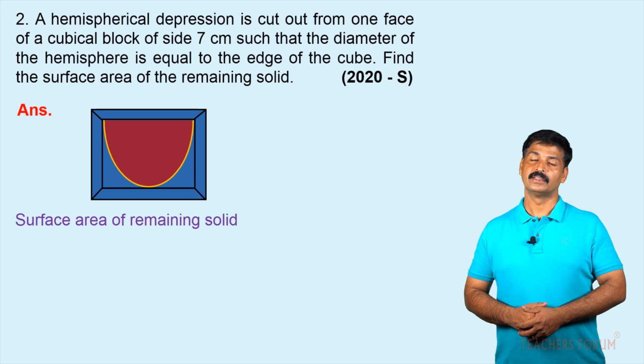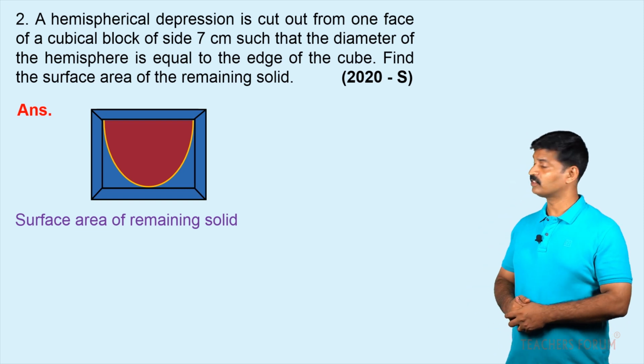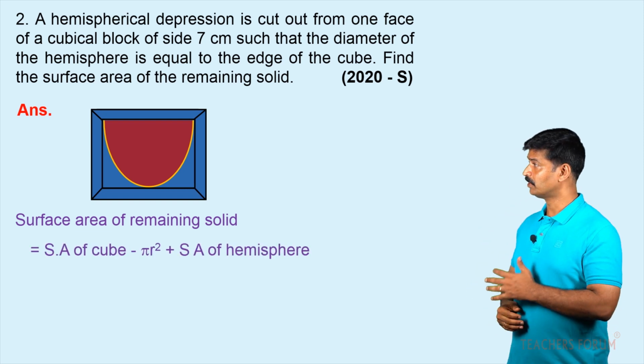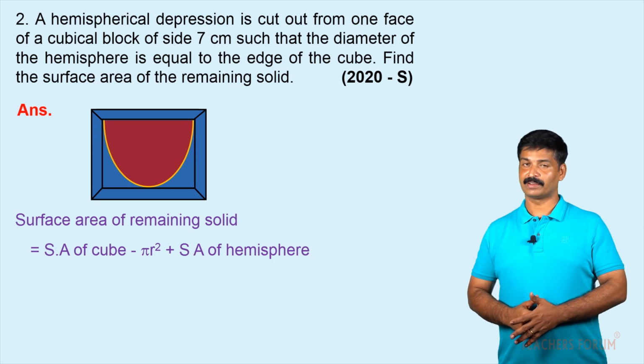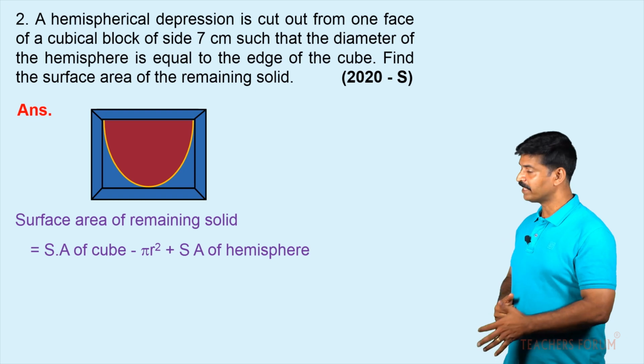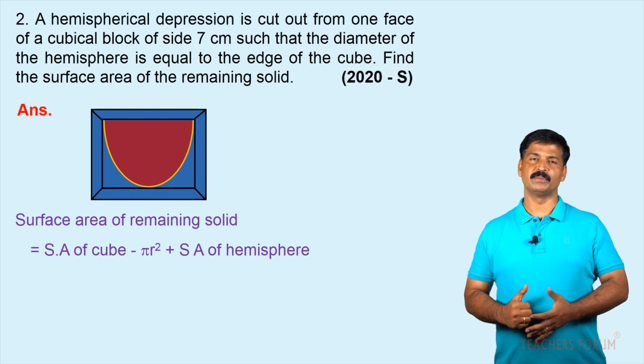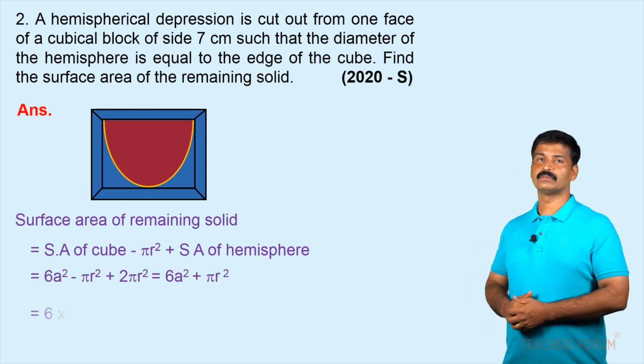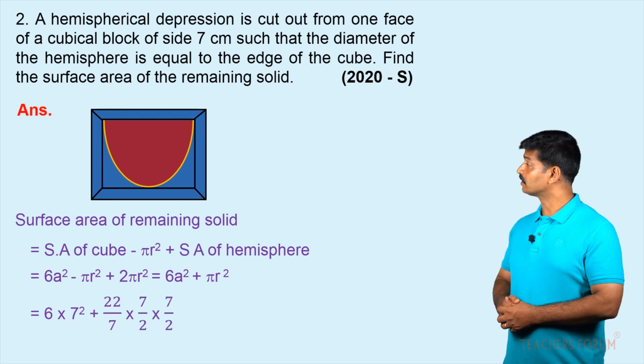So the surface area of the remaining solid is equal to surface area of cube minus pi r square, that is the circular region on the top, plus you have to add the surface area of hemisphere. You know all the values, just substitute, then you will be getting the surface area as